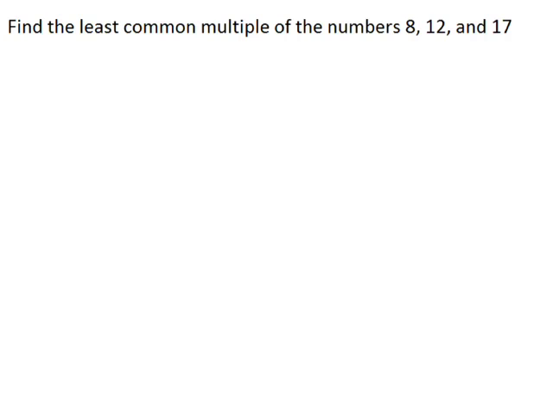Remember that the least common multiple is the number that, if I were to just count by, say for instance in this example, 8s and 12s and 17s, it would be the first number that they would all have in common. So one way that we can do this is we can write out 8, 16, 24, 32, and 12, 24, 36, and 17, 34, and so on, and find the first number that you see that they all three have in common. Another, slightly more simple way of doing this is to factor these down all the way to